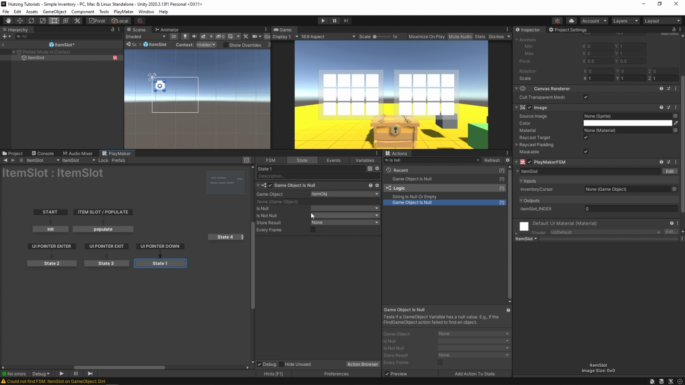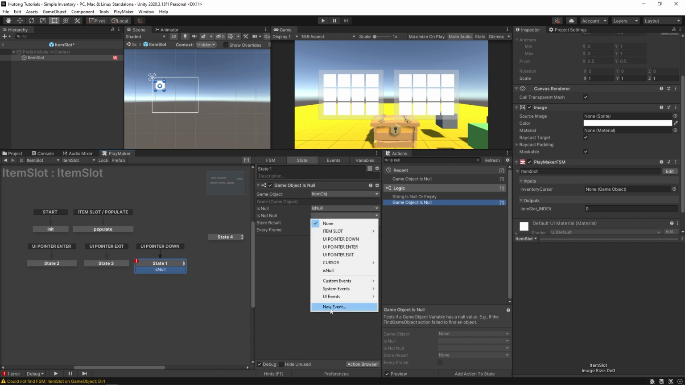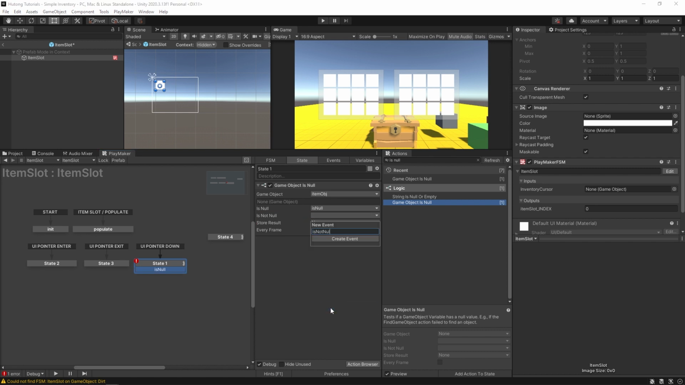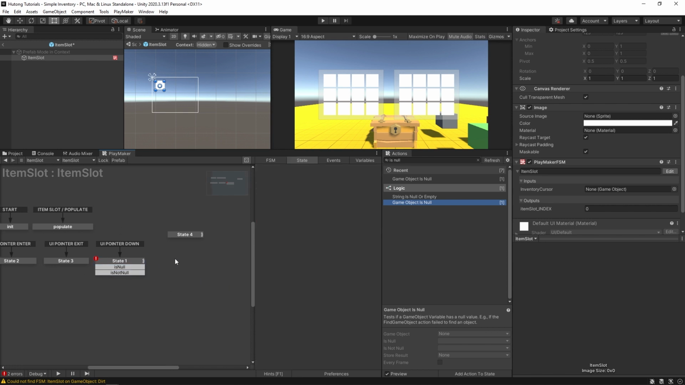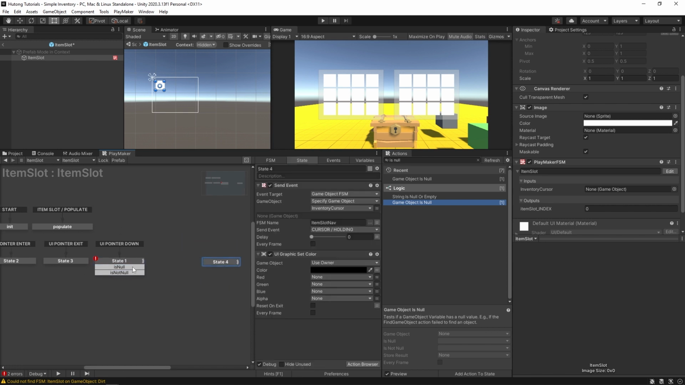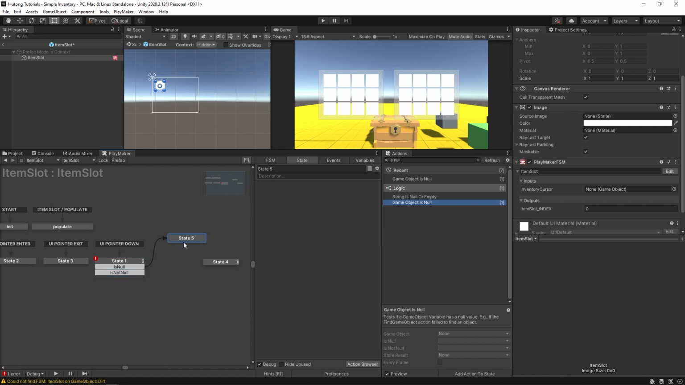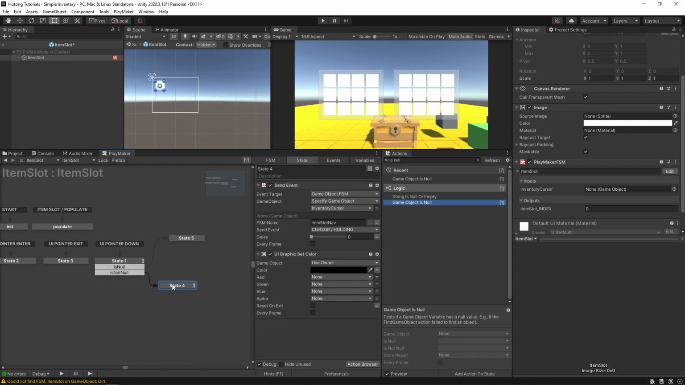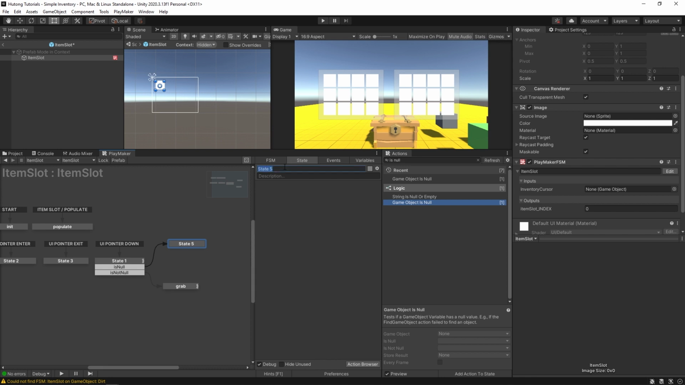So if it is null, we're gonna make a new event. We're just gonna call it is null. We'll send that transition and make another event, is not null, and we'll add that as well. So is null means it's empty, so we'll send off over here. But if it's not null, that means it has something, then we'll send off over here. That means we've grabbed something. So this is grab, and this is